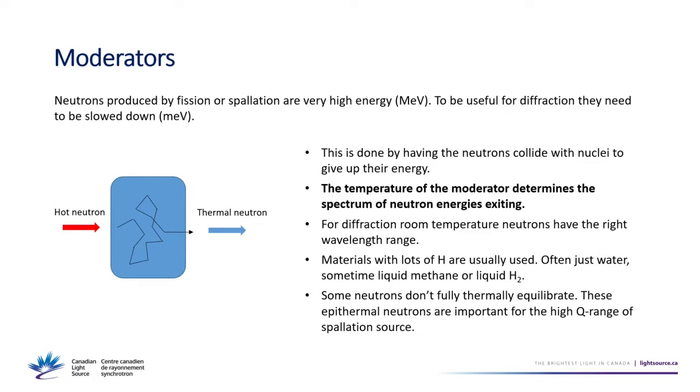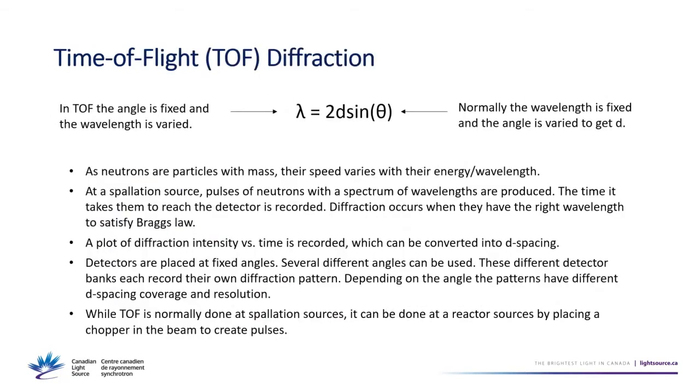So yeah, these are materials people often use, like liquid hydrogen or water or methane. And sometimes, depending on how you design your moderator, not all the neutrons fully thermally equilibrate. And this is actually important. You have what are called epithermal neutrons, which escape before they've come to thermal equilibrium with the moderator. And these are actually important for PDF, for getting the high Q data, because they have a bit higher energy there. So I wanted to mention what time of flight is,